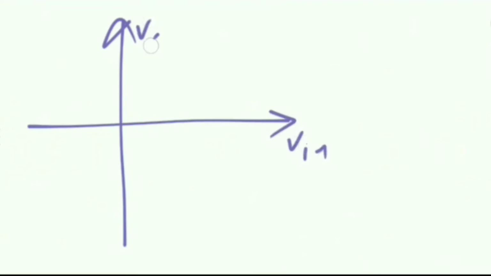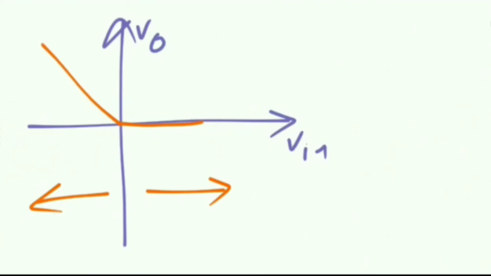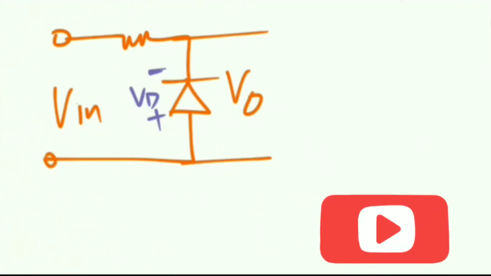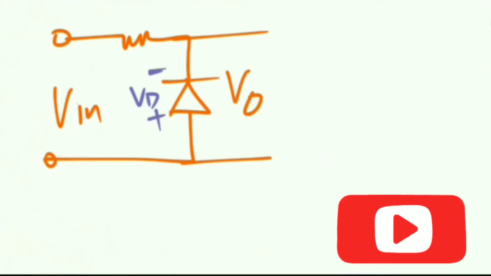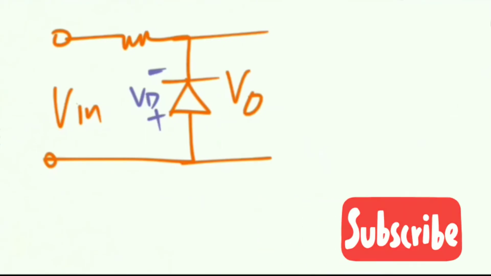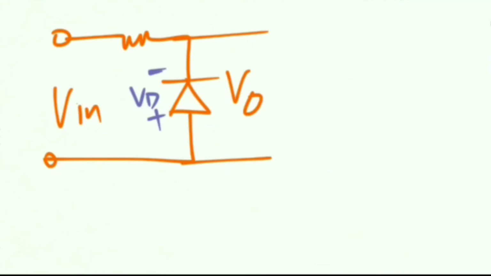Let us also see the transfer characteristics. For Vin greater than 0, that is this side, VO is 0, and for Vin less than 0, that is this side, it is Vin. So this is the transfer characteristics for this circuit. And just like the last one, analyze this circuit, where you will find that the circuit clips the negative portion of the applied signal, so it's a negative clipper which is in parallel and unbiased.